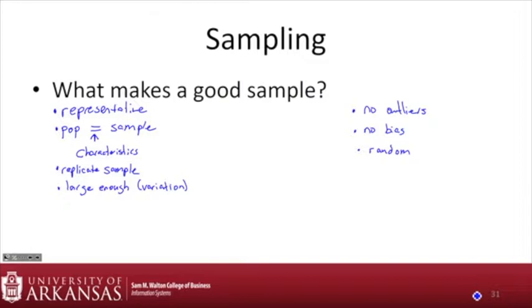I like representative. I think that's great. We definitely want a representative sample. They should have similar characteristics, and we should be able to replicate the sample, so we shouldn't just have a weird, funky sample. Large enough, I like that one. How large is large enough? It depends. Isn't 30 kind of the standard number to get a normal bell curve, a simple random sample of 30? 30 is a magic number. We will talk about why 30 is a magic number.